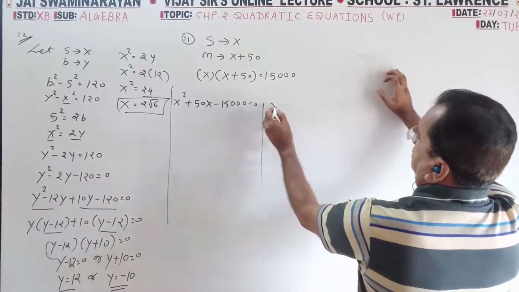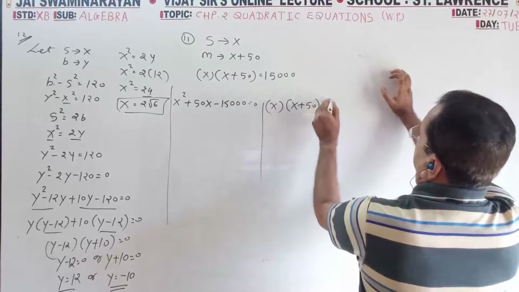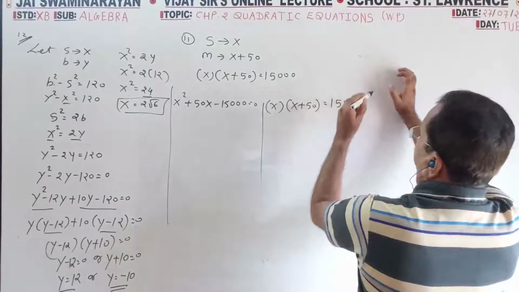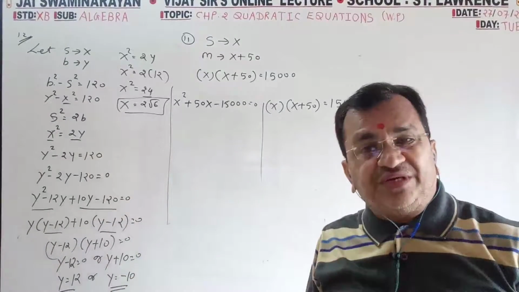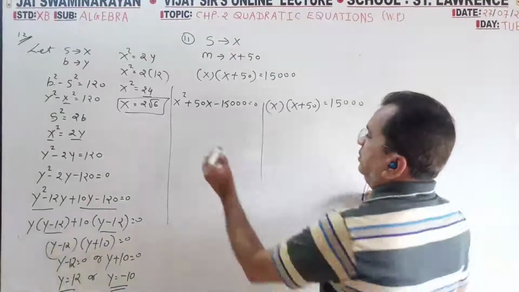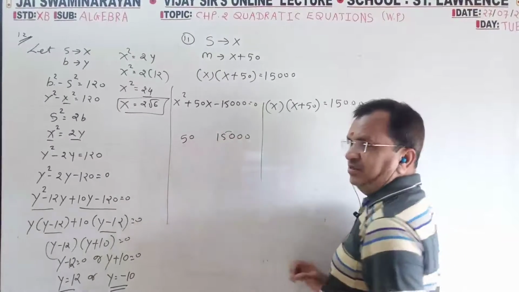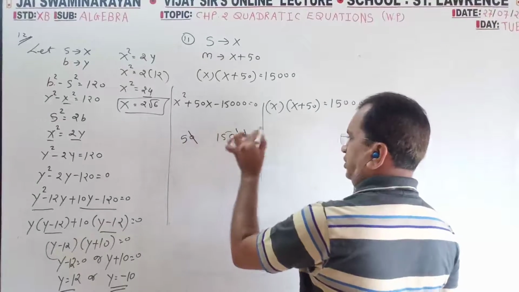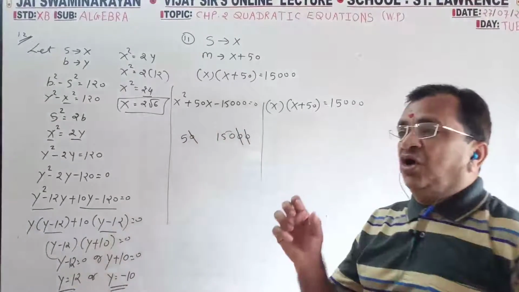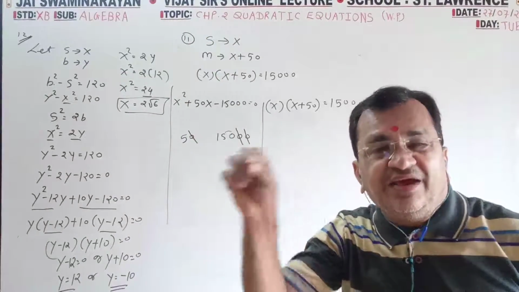Second method: x plus 50, 15,000. First I will complete this. From 15,000 you need 50. When here there is a 0 and here there is a 0, at that time, cut 1 zero, cut 2 zeros. Now, not to get 50 from 15,000, now to get only 5 from 150.